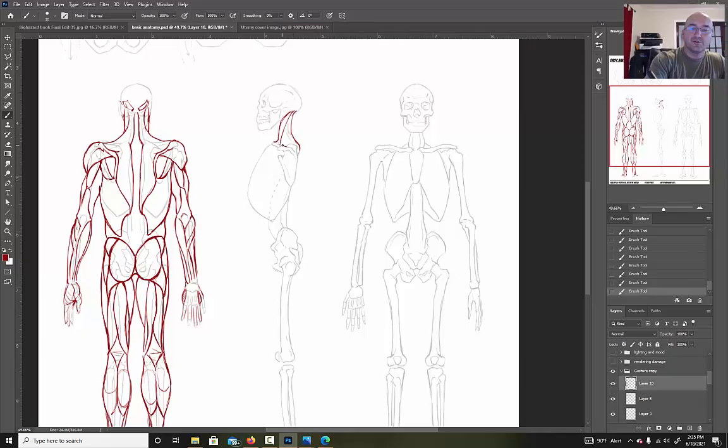Your trapezius, like we said, are going to wrap back. So these are your trapezius muscles all through here. The you've got